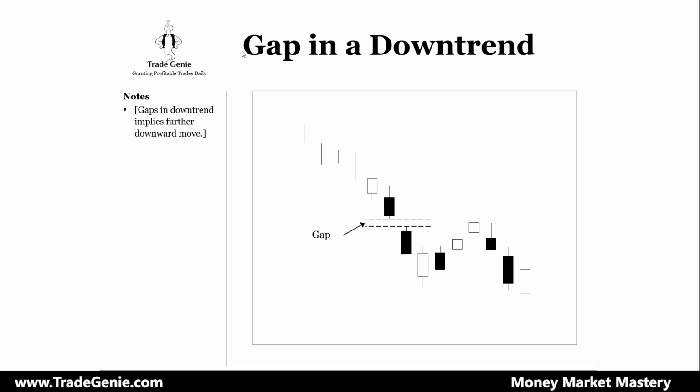So look at this. So gap in a downtrend. Same phenomenon, the gap in the downtrend. So this market is gapping down. So when the market gaps down, a channel is created. So immediately when you see a gap down, you start drawing the line, because this gap is the resistance. This gap will act as a resistance.